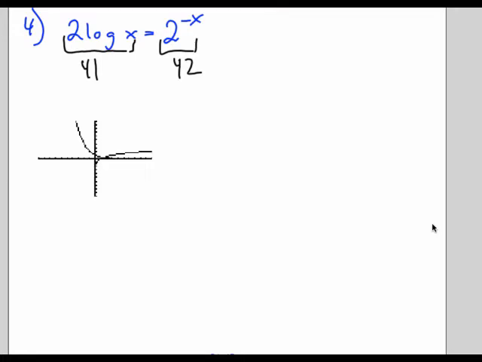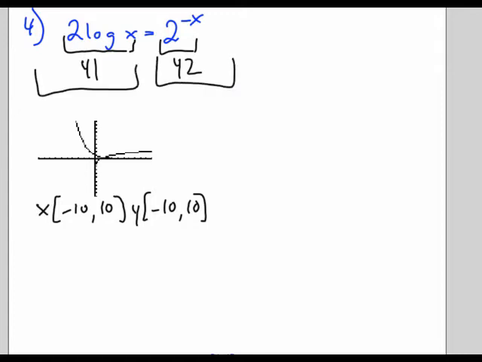Alright, since I'm solving this graphically, I should draw a picture of what I see on my calculator screen. I should write the window dimensions below. I should mention what the functions are. And I should write a statement as to where I'm looking to get the solution. I'm looking at the point of intersection. Specifically, the x-coordinate of the point of intersection